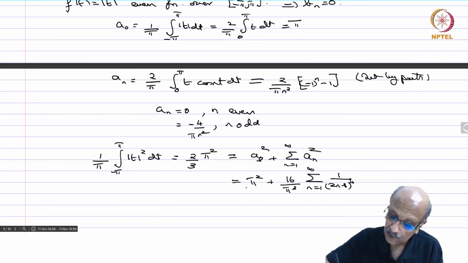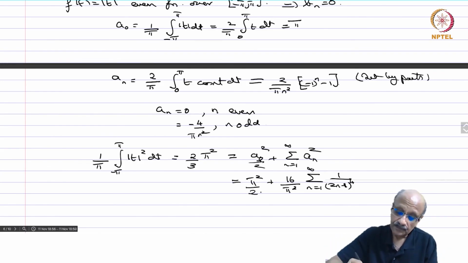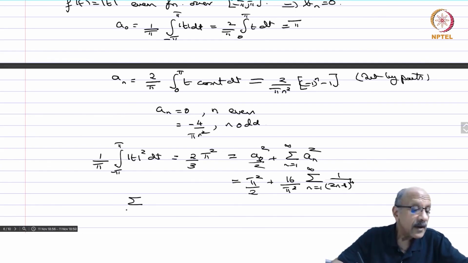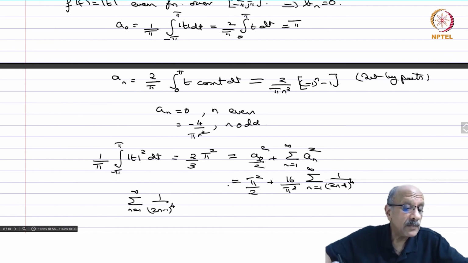Sorry, a naught squared by 2 should be pi squared by 2. So sigma n equals 1 to infinity 1 by 2n minus 1 power 4 will be pi squared by 16